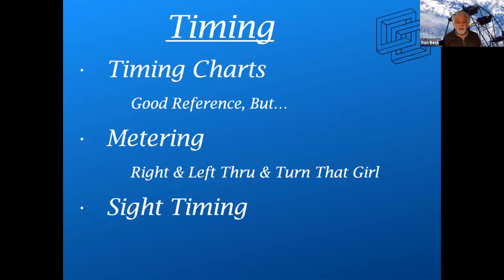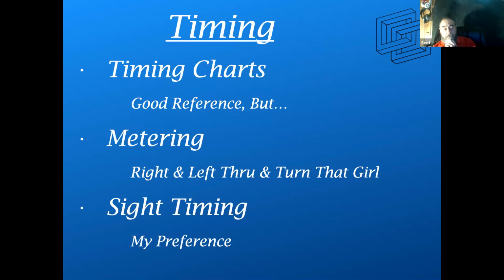And the last method I'm aware of is called sight timing. And some people think sight timing is a horrible thing, but it's my preference. And what sight timing means is watching the dancers, figuring out that they're stop and go, so you deliver the calls a little sooner, figuring out that they're rushing, so you call them a little later. It's watching what's going on, getting feedback from the dancers, practice, correct, feedback, practice, correct, feedback. It takes a long time, but it is what works out.